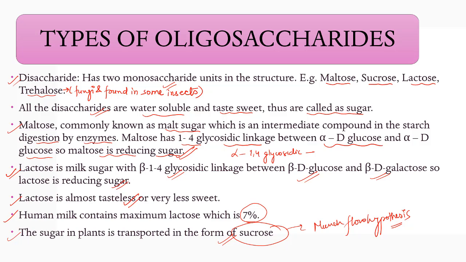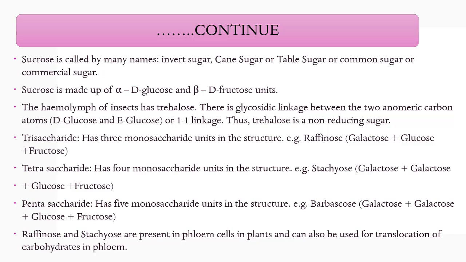Okay, these are disaccharides. Then sucrose is also called by many names. Sucrose is a disaccharide which is called by many names, like invert sugar, cane sugar, table sugar, common sugar or commercial sugar. Sucrose is also a disaccharide. Understood? Then sucrose is made up of alpha D glucose and beta D fructose, and that is why it is a non-reducing sugar. Okay, a non-reducing sugar